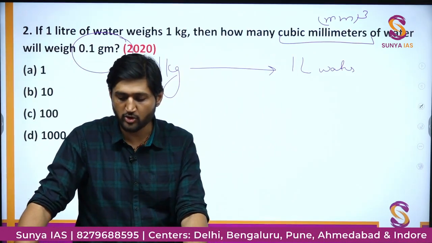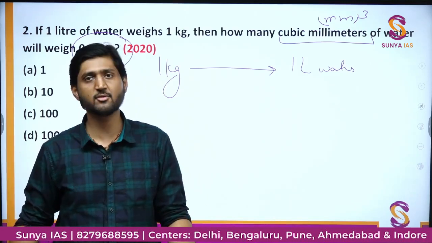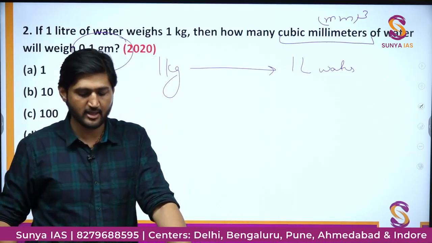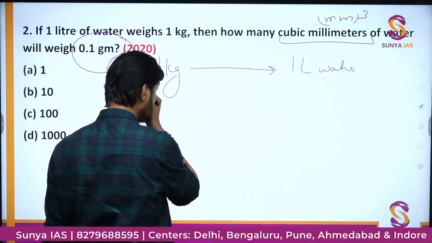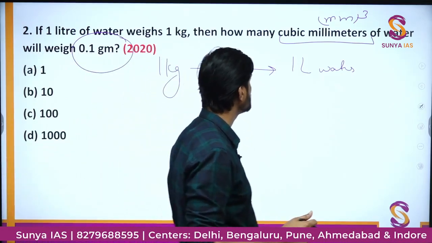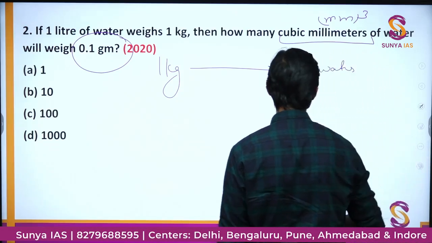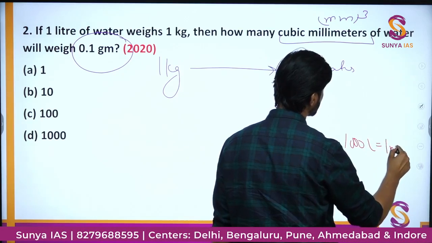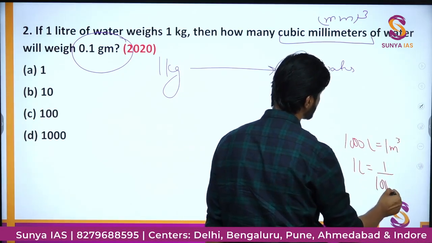In this question you need two things. You must have the basic idea of units. After that you must apply the unitary method. Simply I can say 1 kilogram contains 1 liter of water. Let us try to convert it first into meter cubes. The liter part we will convert into meter cube. So if 1000 liters is equal to 1 meter cube, then 1 liter is equal to 1 upon 1000 meter